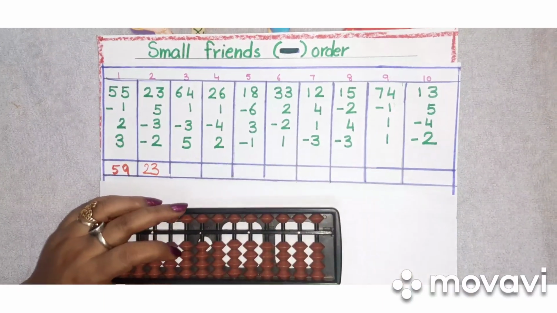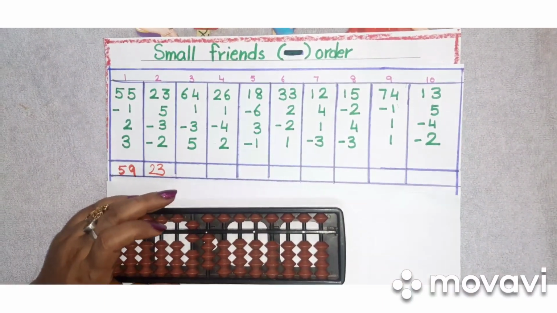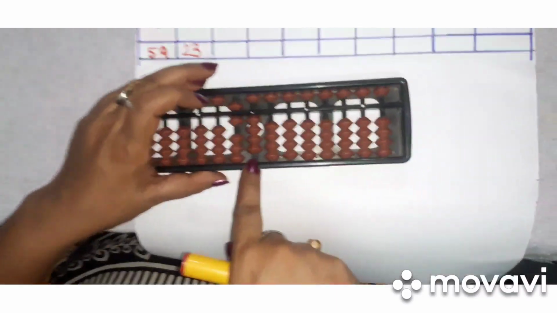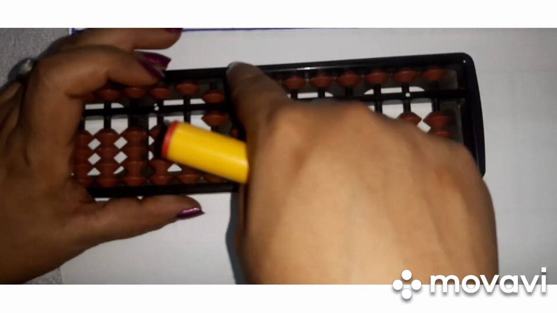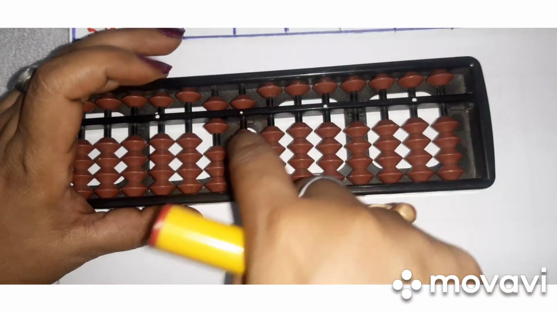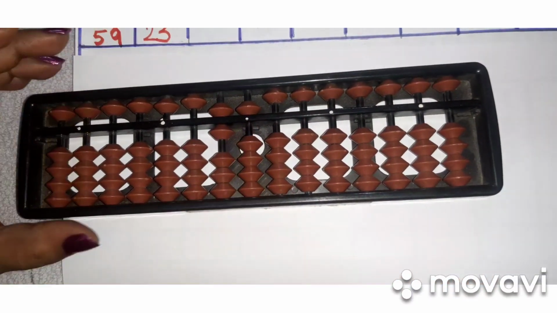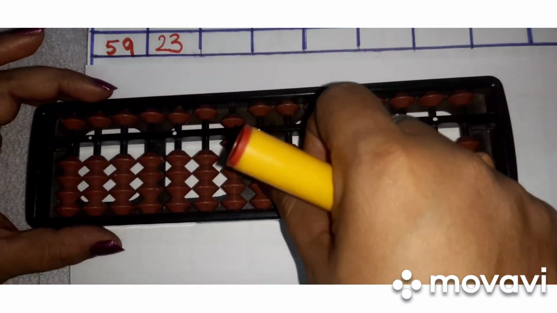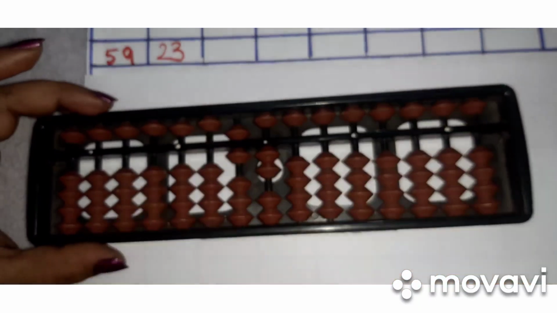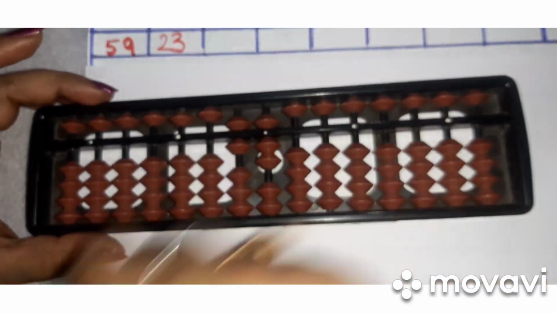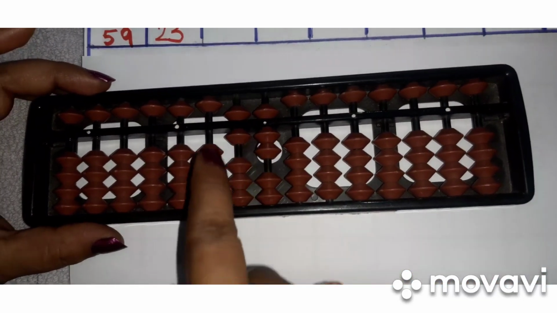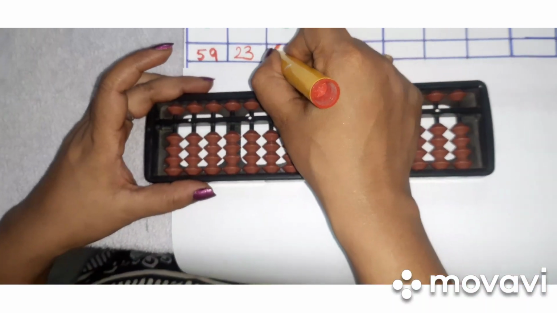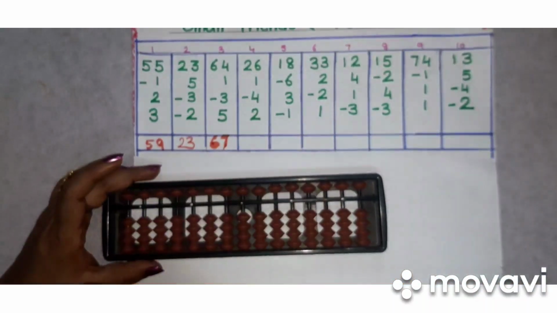Now let's go with the next one. Children, it is 6, 4, 64. We have used the correct finger. Now 1. One's friend is 4, but we cannot add, so we are going to call add your boss 5 and less your friend 4. Now children, what about less 3? So less your boss 5, add your friend, 3's friend is 2. And again 5 is directly. Can you read the answer? It's 6, 7, 67. So our answer is 6, 7, 67.